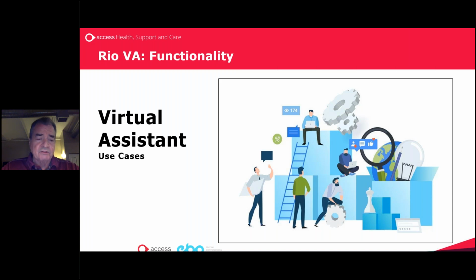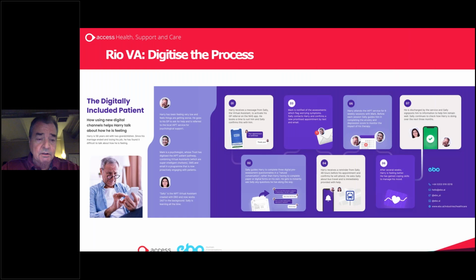What I'd like to do now is review a little bit around the functionality of the solution itself. So the way I could describe it in simple terms is, with any use case, we create a digital storyboard around that use case as it's applied for interacting with the patients and staff and following the trust procedures and processes and rules. So in the case of appointment, we can create a digital storyboard around how a patient would view that appointment, change the appointment, book a new one, book a follow-up, et cetera, all the way through, and have a digital dialogue between the patient and the virtual assistant to engage end-to-end and manage the process throughout to completion.